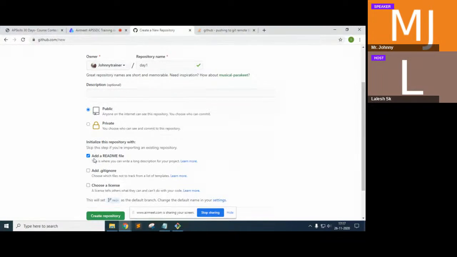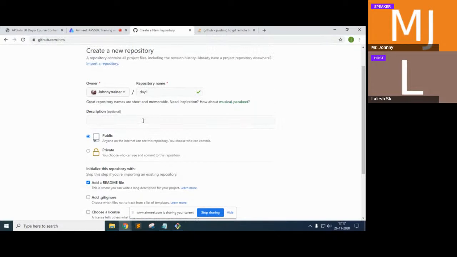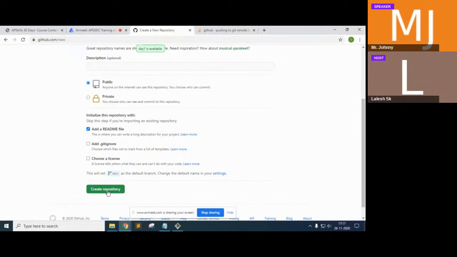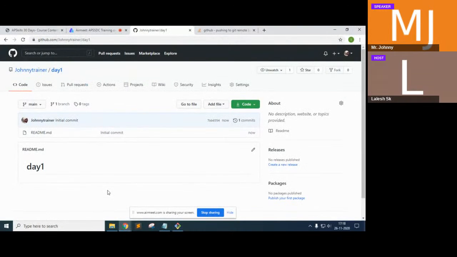You need to click on add a readme file. It will give us a description about your project. So first, give some name for your project, click on add a readme file, then click on create repository. Once it has been done successfully,